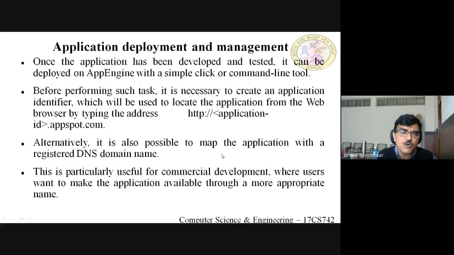Next, we will move on to application deployment and management. Once you have developed your application, it needs to be deployed on a real system, and then you need to test whether any problem is there before actually launching onto the public cloud. Once the application has been developed and tested, it can be deployed on App Engine with a simple click or command line tool. Before performing such tasks, it is necessary to create an application identifier which will be used to locate the application from the web browser by typing the address